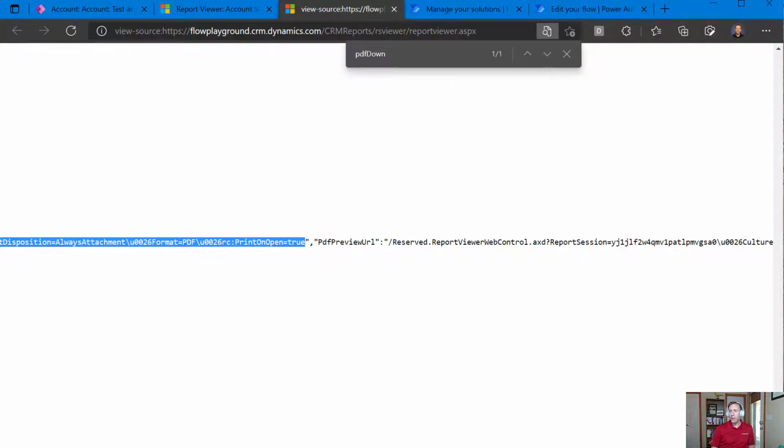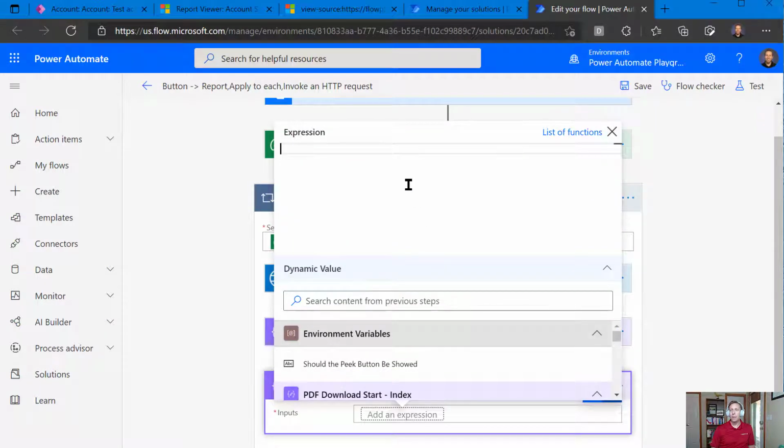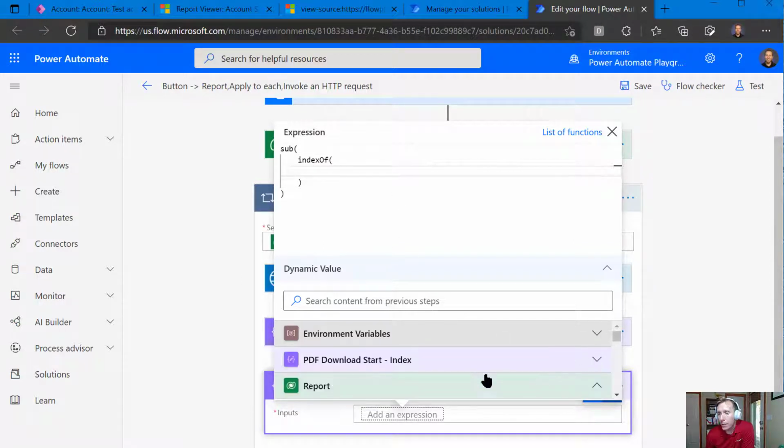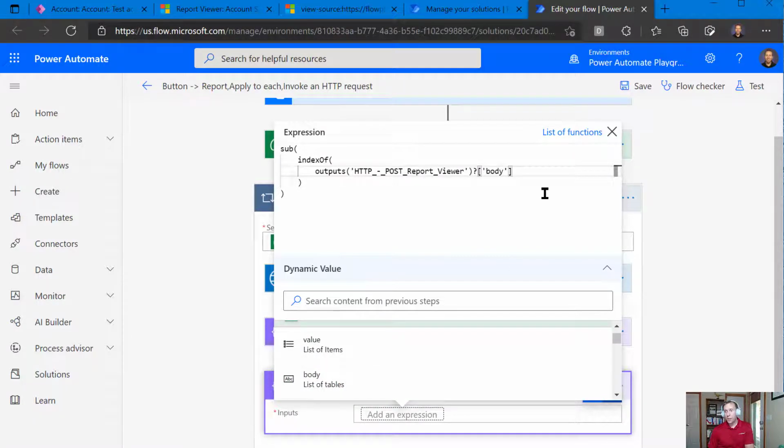So for this guy, what we're going to do is we're going to say, hey, subtract. Again, this needs to be the fancy function expression guy here. So we're going to hit sub, and we're going to put in our happy parentheses, and again, we're going to do indexOf. And from this one, we're going to, again, look at the body. And then we've got body. So from the index of the body, we will then look for that last thing. So our friend here, we've got this, and then your comma, and then that, and we're going to say PDF